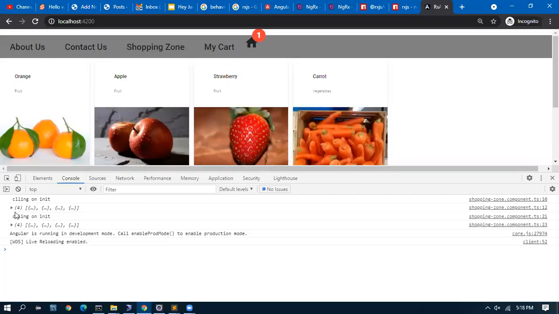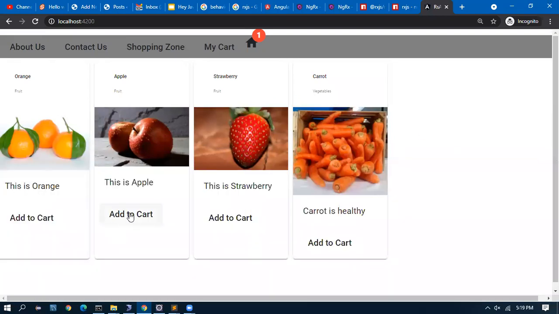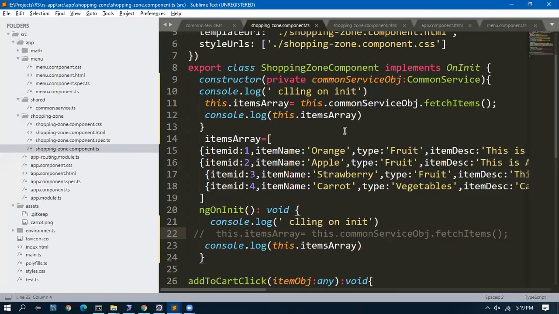Okay. So calling the init, all these things come. So this is what NgRx, behavior subject is. When you go to an interview, one of the primary things they ask is about emitter and subject. They ask, how do you pass data between components? That's a common question. First is using the emitter.